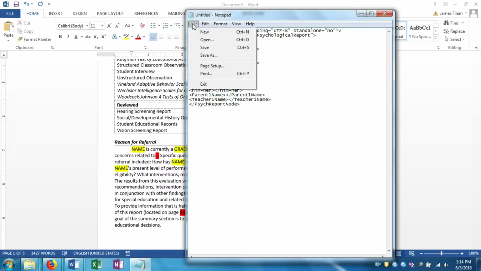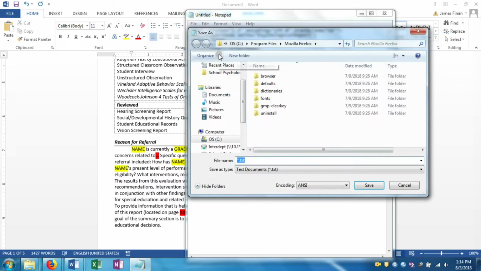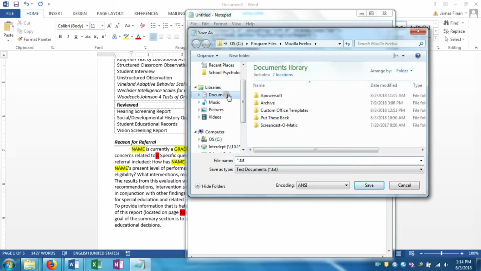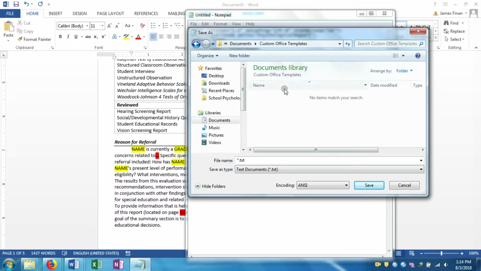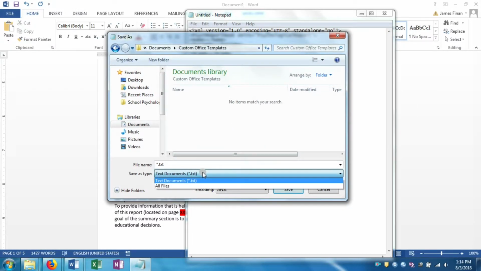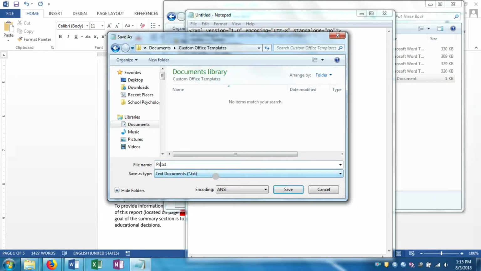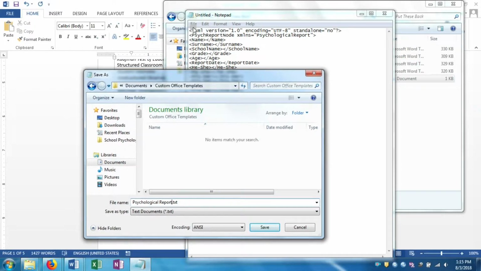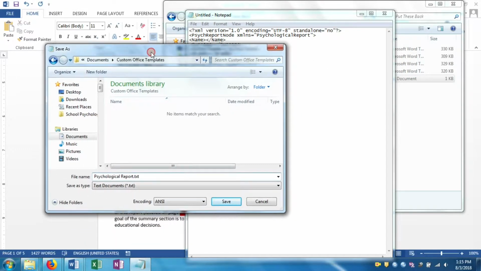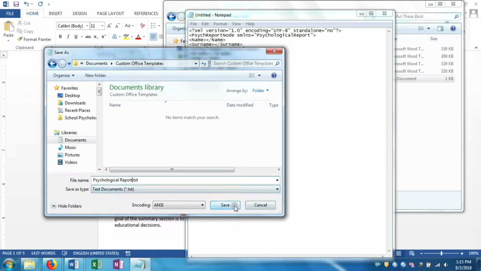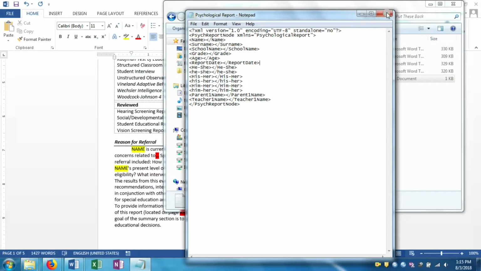So now we're going to go ahead and save this. So we are going to click Save As, and we are going to go into our documents. I like to save it in the exact same place where my custom office templates are. And we are going to save this as Psychological Report .txt, and it's that tag there that says XML that lets Microsoft Word know that this is XML. So we're going to click Save, and then we are going to close out of that